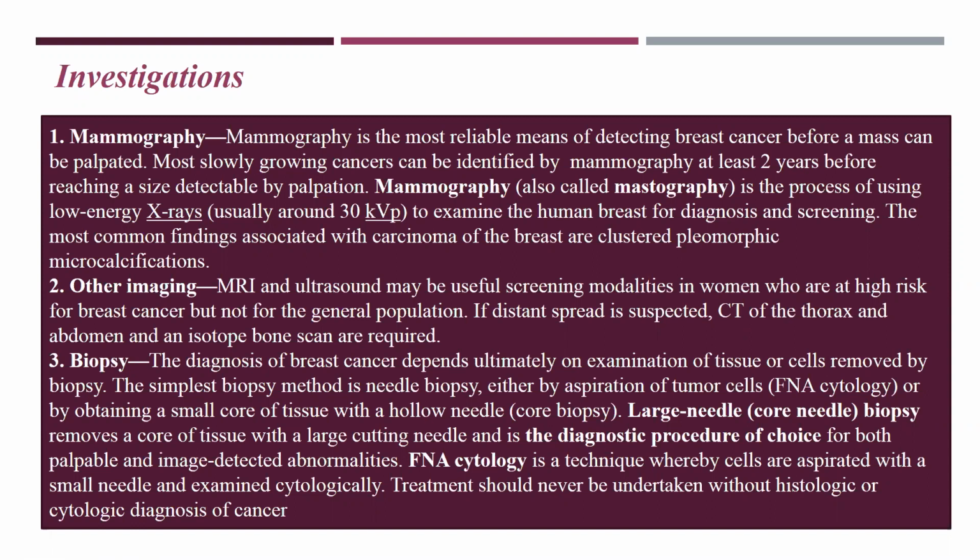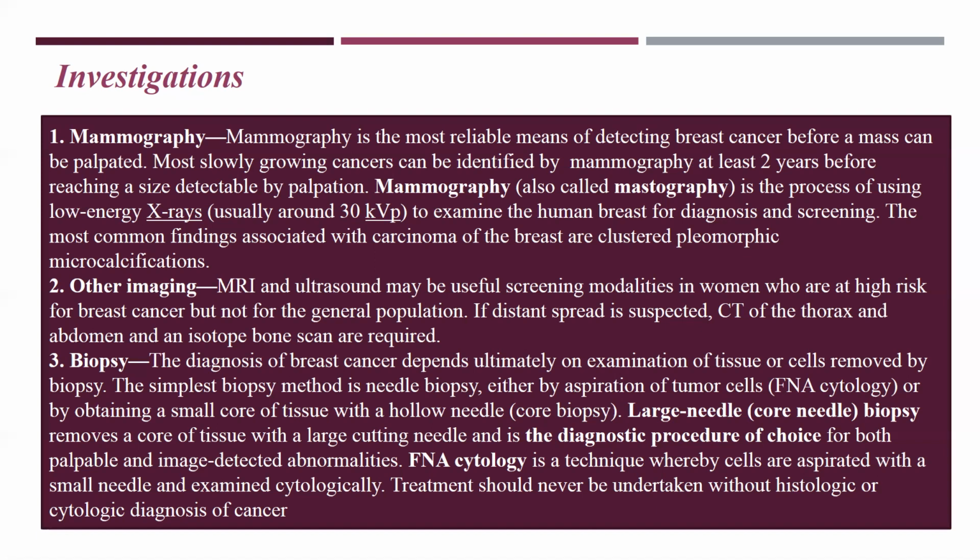Most slowly growing cancers can be identified by mammography at least 2 years before they reach a detectable size that could be detected by palpation. Mammography, which is also called mastography, is the process of using low energy X-rays, usually around 30 kVp, that is peak kilovoltage. This is the maximum voltage which is used in this technique to examine the human breast